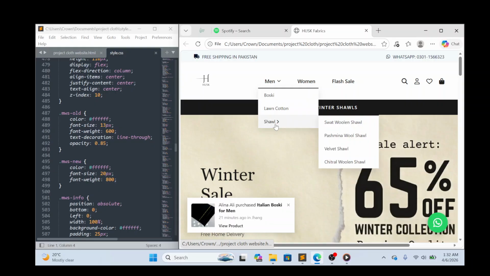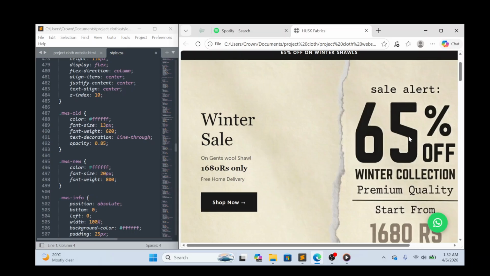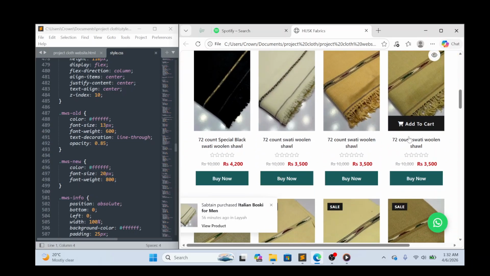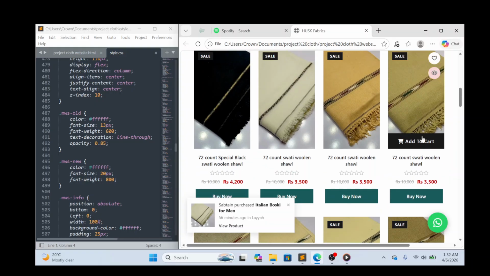Men's, postkey, lawn, cotton, shawl, women, flash sale. This is the hero section. Top products. Add to cart. This function,